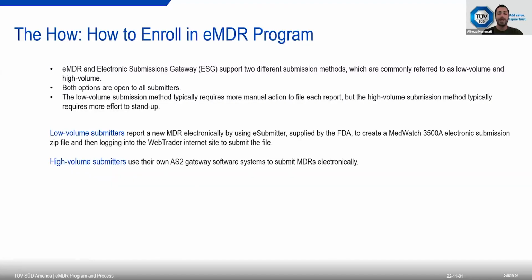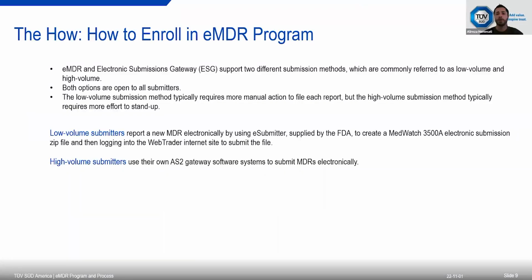HL7 is the standard for the capture of the information needed to support the submission of MDR reportable events. It allows reporters to extract information directly from the reporter's complaint system or vigilance case system, and it uses that database to populate an eMDR submission. HL7 therefore allows eMDRs to be submitted in large batches or even one at a time, depending on the reporter's